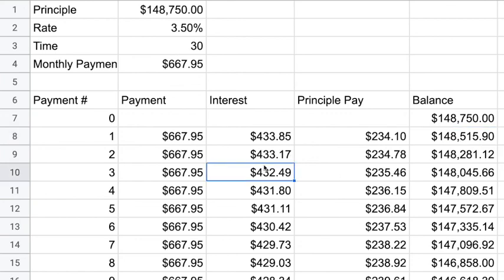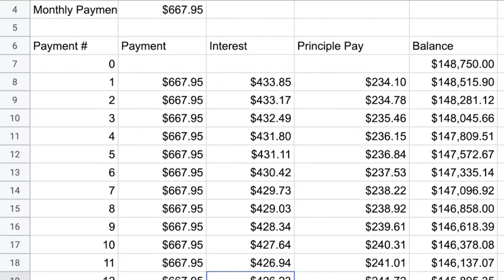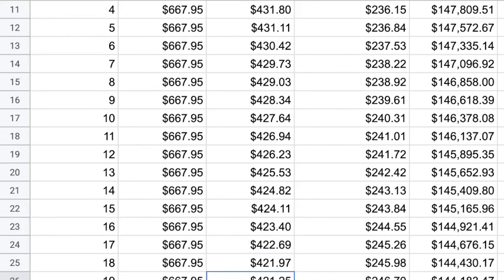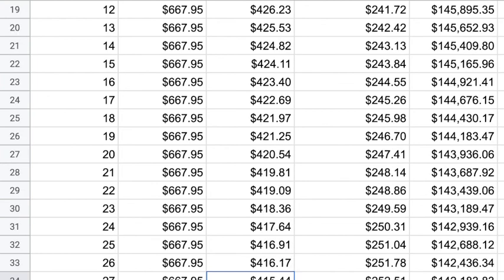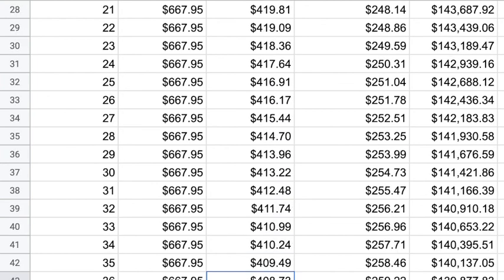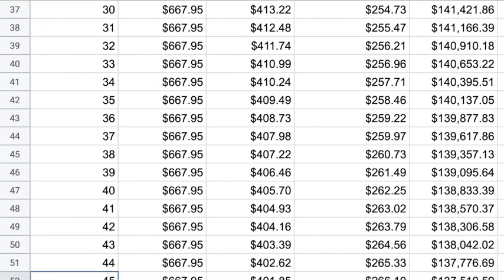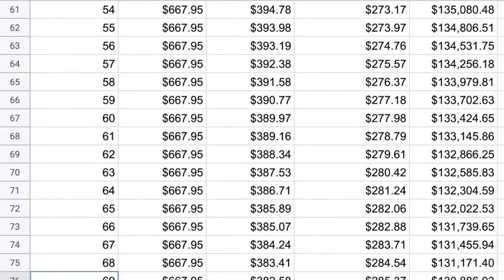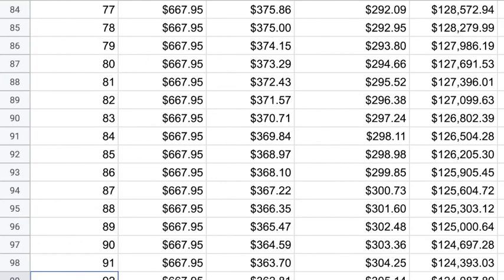So let's see what happens with the interest as we go down. You'll see that the numbers are getting smaller. So let's go to 10 years, which is like 120 payments. Now be careful. This is a row address. This is the number of payments. So I'm looking at this number here. So if I go to 10 years, which is 120 months, or 120 payments,